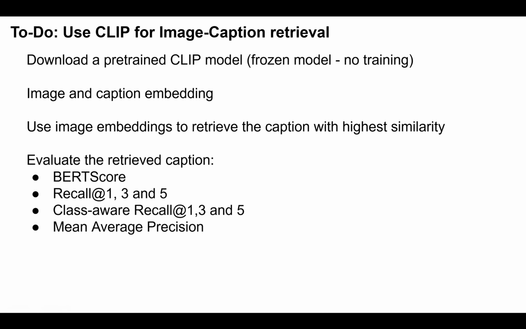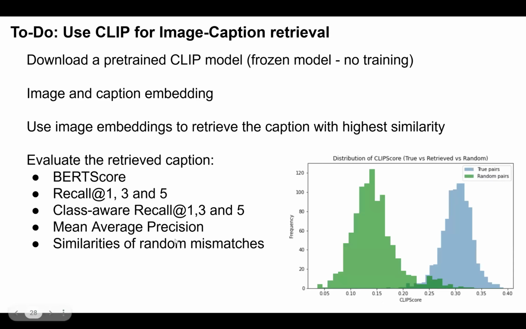We put this as well because EEG data may not be the most discriminative at this level, like different images from the same category with different captions. It may not be able to classify them pretty well. So you can report both recall level and class-aware level, and the precision, the mean average precision. And the last thing: you calculate the cosine similarity using CLIP score between each image